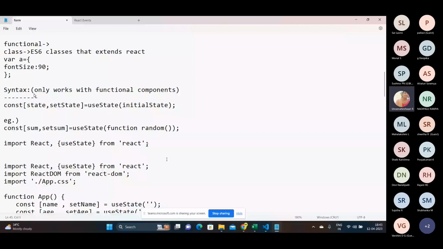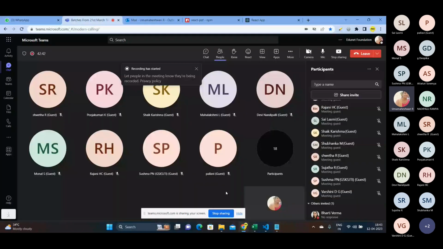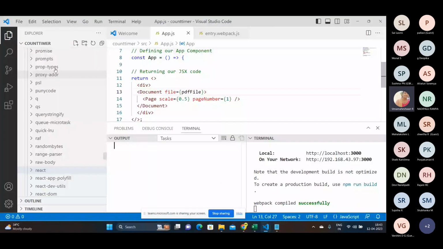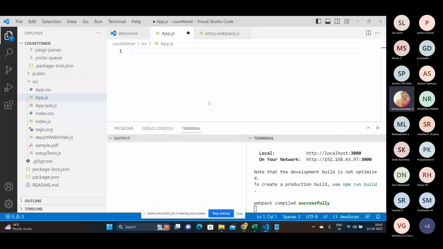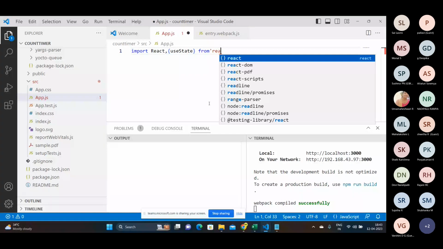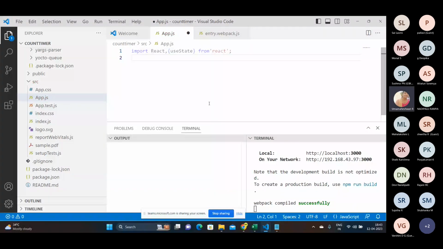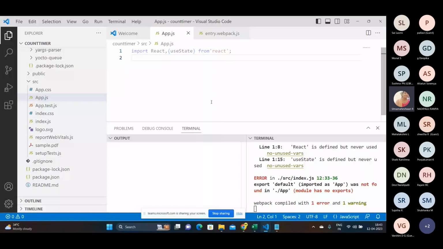So let me create one simple example and then we'll move on to the other examples which we have. Okay. So let me get into the app.js file. Here, let me delete all of this. So first what we need to do is import, right? So import React, useState from what? From React. Okay. So now you can give this or you can go with